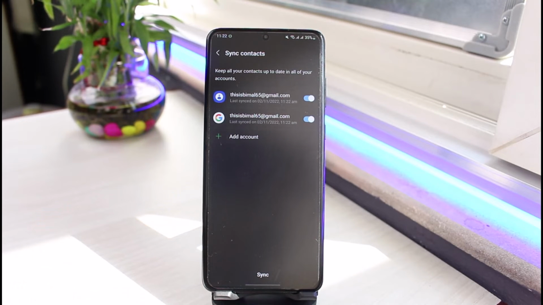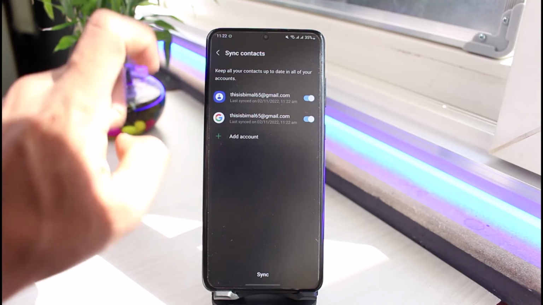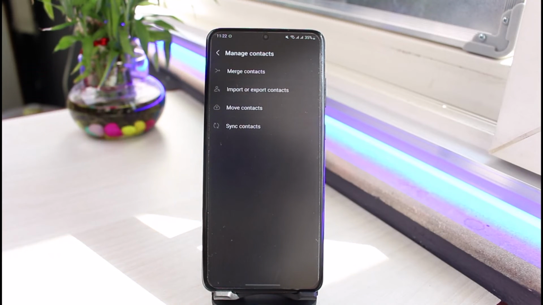Now the easiest way is, on your other Android phone, you can simply turn on sync after logging into your Google account. You can use the Gmail app to log in, you can use the Play Store app, or log in with any type of Google app in order to log into your Google account. Once you've done so, your contacts are going to be synced automatically,